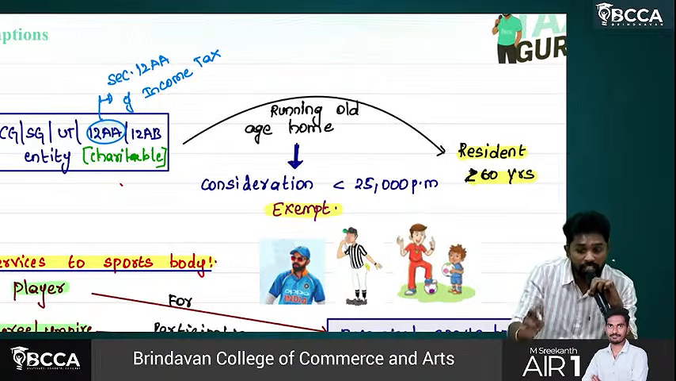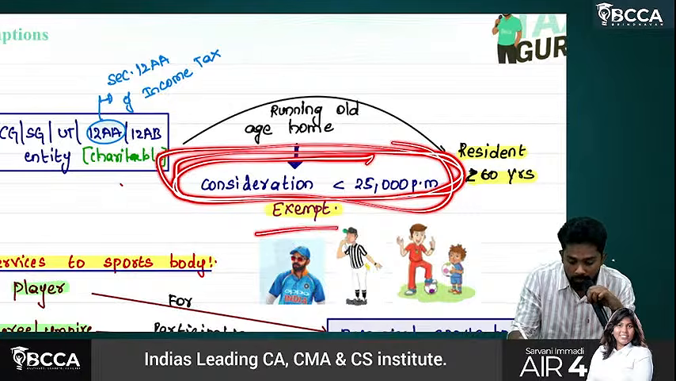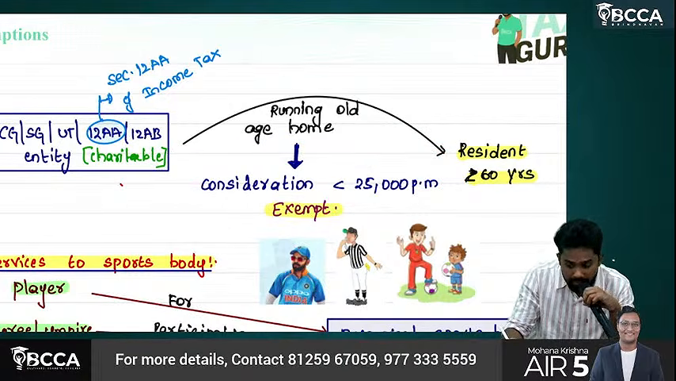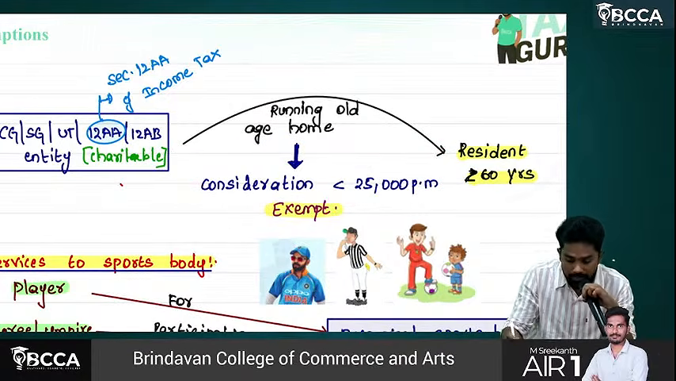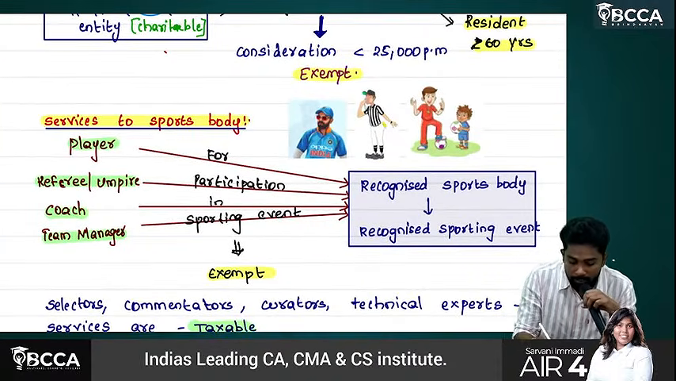And in the old age home, if the consideration is less than 25,000 per month, then that service is what? Exempted. Okay. Then services to a sports body, where a player